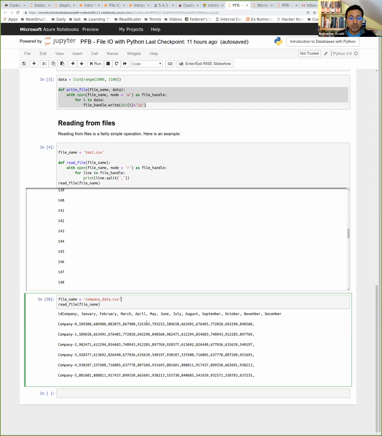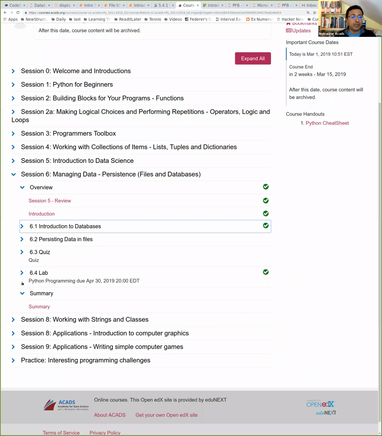And your job is to basically parse this data, read it. By parse, I mean read it from a file, and then you can manipulate this data. Okay, so if I quickly switch gears and show you what you have to do in the lab,